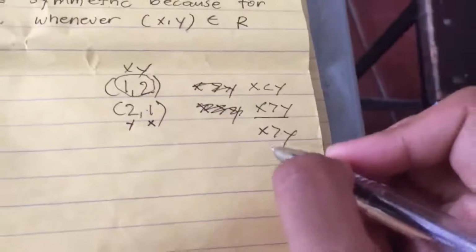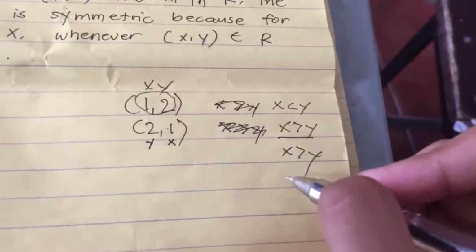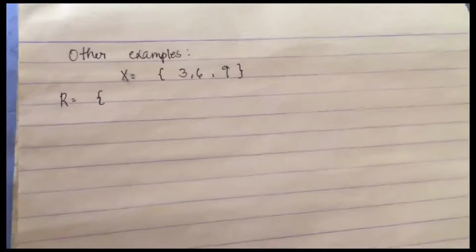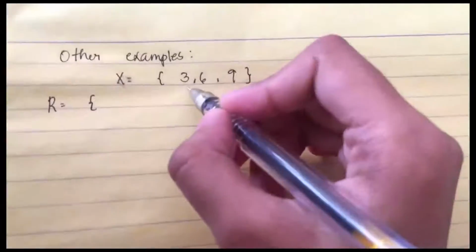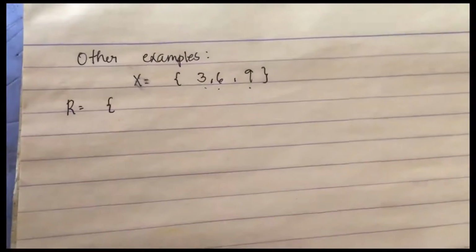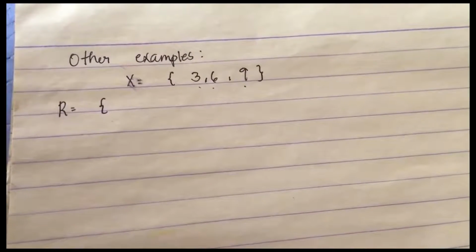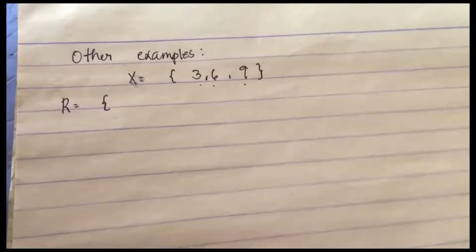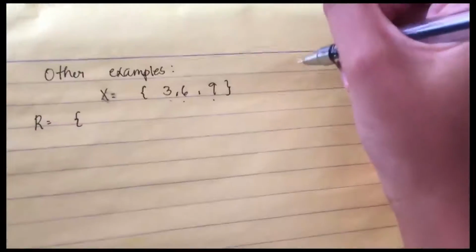Then they are symmetric. For the next example, in the set X, we have 3, 6, 9. So we're going to define the relation within that function through the use of the symmetric property. So we must